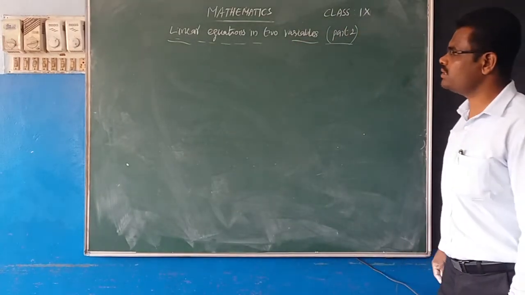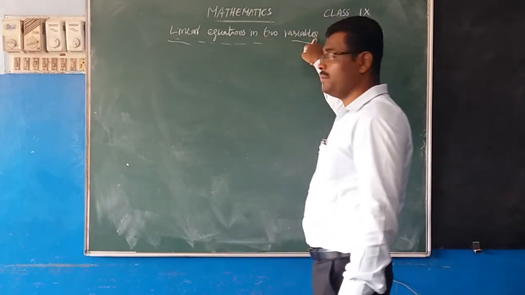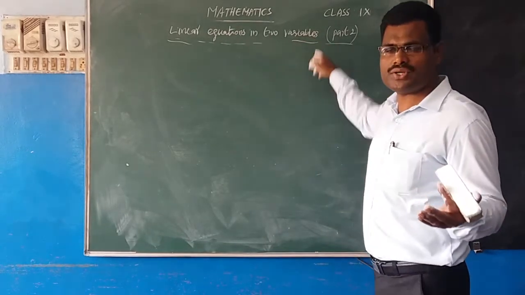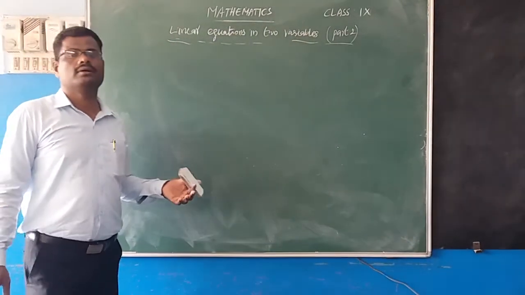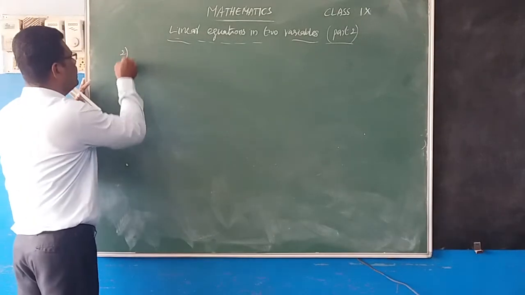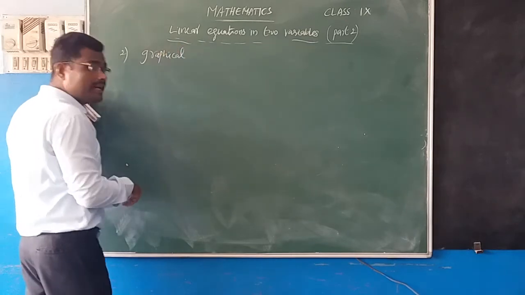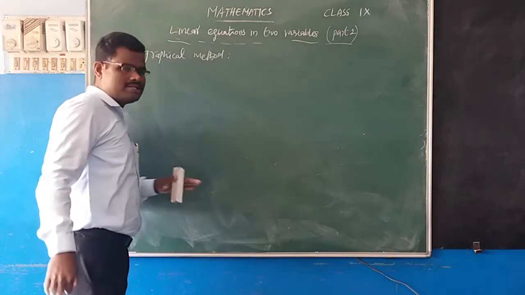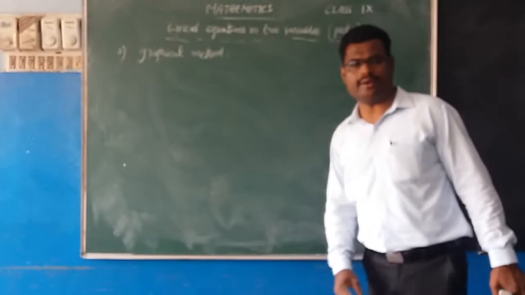What is a linear equation? What is a linear equation in one variable? What is a linear equation in two variables? How can we solve linear equations? There are two methods. The first one is called the trial and error method. The second one is called the graphical method. How can we solve the linear equations? By using the graphical method. This concept remains. I will finish this, and with that, the chapter will be concluded.